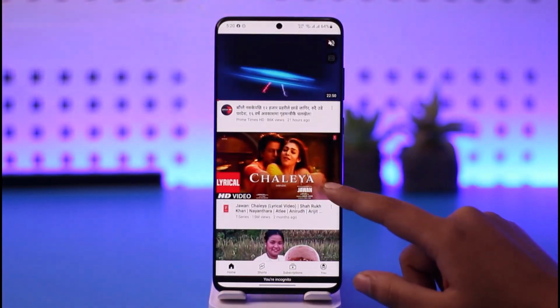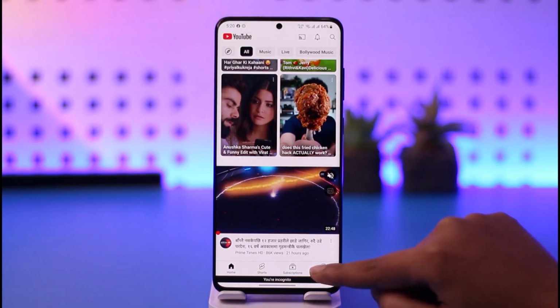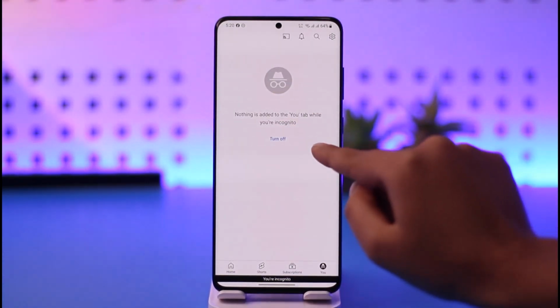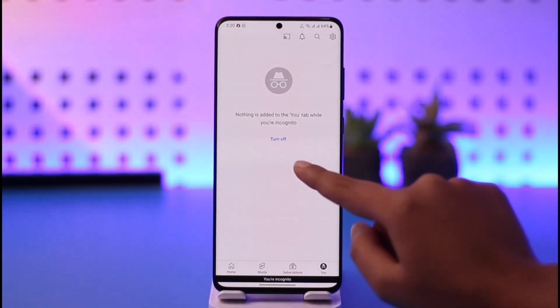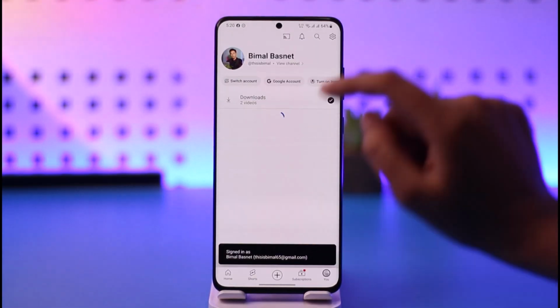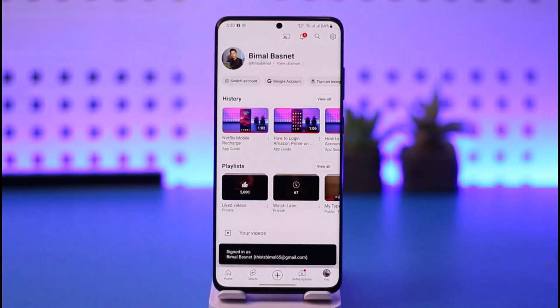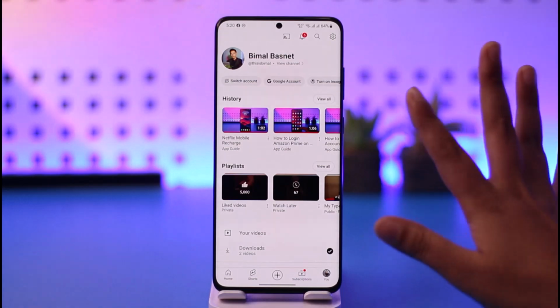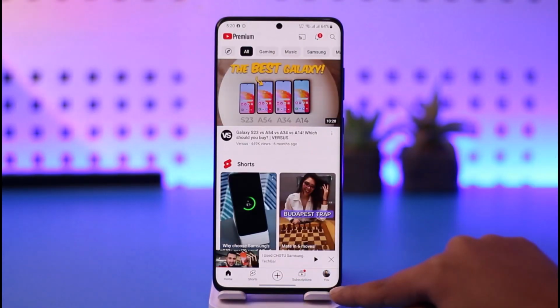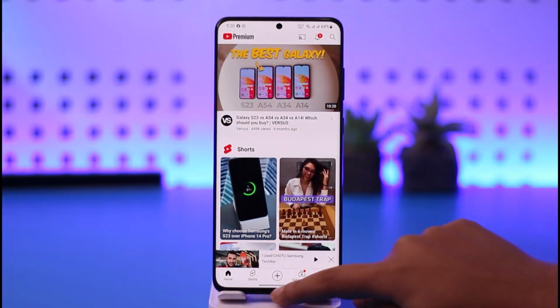So if you want to remove it, you're simply going to go ahead, tap on this You again, and then it will show nothing is added to the You tab while you're incognito, and simply see this option called Turn off. That's how you can enable it, and tapping on Turn off will simply disable that particular incognito tab, and you can now see your profile's information, and you go back and you can find your profile icon in the bottom right corner as well. That is how you can enable or disable the